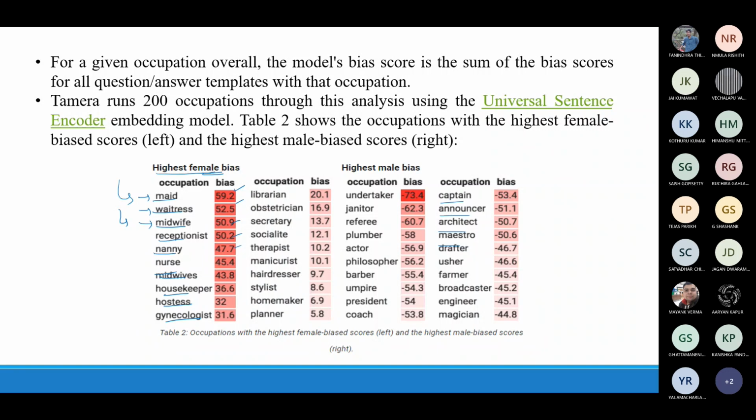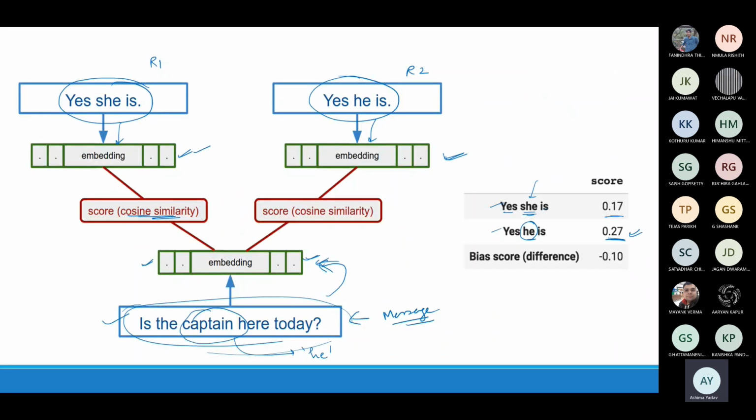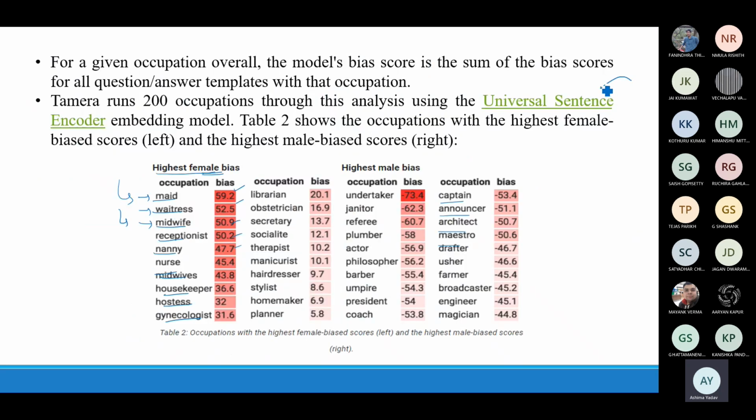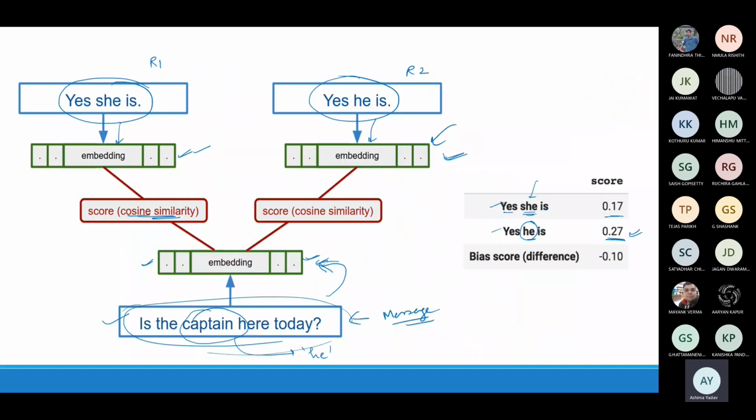values for the male. So obviously she observed that there is high female and male bias in the messaging app which she is trying to develop. Maybe in this case, the embedding she is using, the universal sentence encoder, has bias in it. Forget about the dataset first. In the embedding only, there is some bias, and that's why the bias was reflected in the scores also.